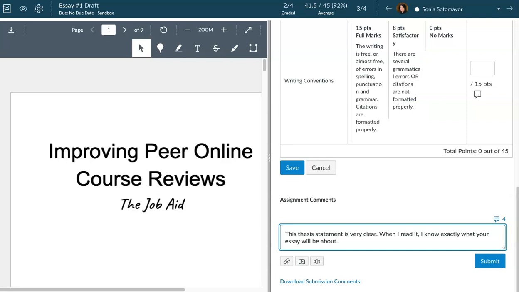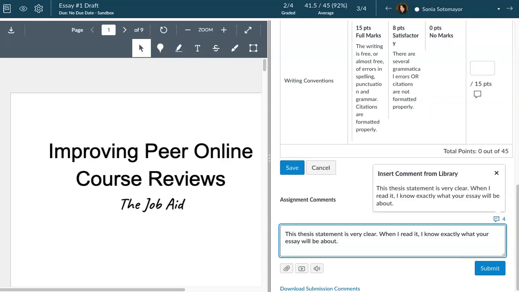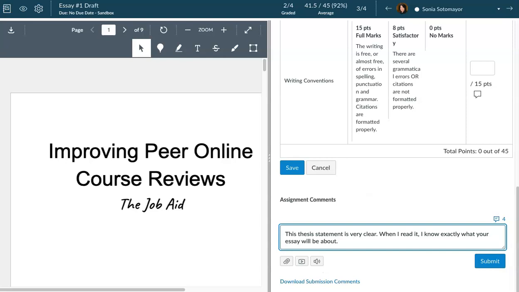So you can only enter one comment from the library and then you'll have to manually type in whatever else. To be honest, I actually use a Google Doc for this very same purpose, where I keep my own comment library and then I just copy and paste from that. Hopefully they'll smooth out the comment library experience because it is a good idea. It's just not maybe quite as useful as we'd like it to be.